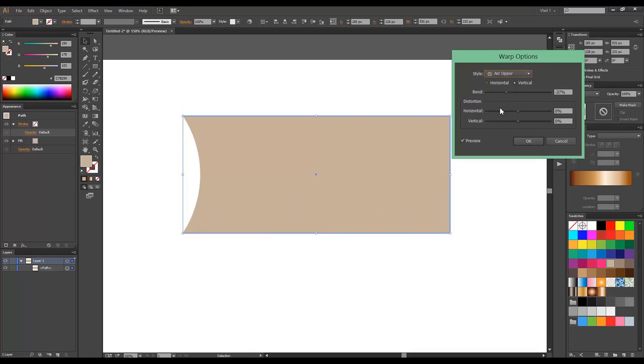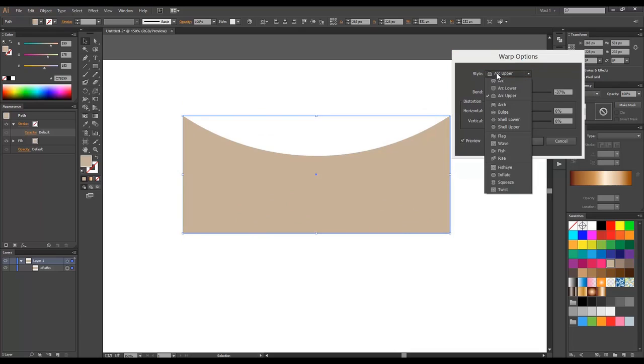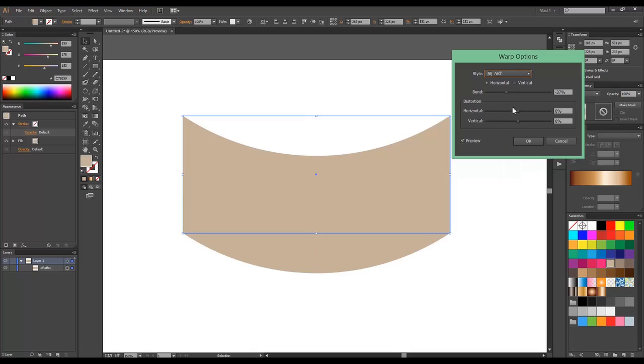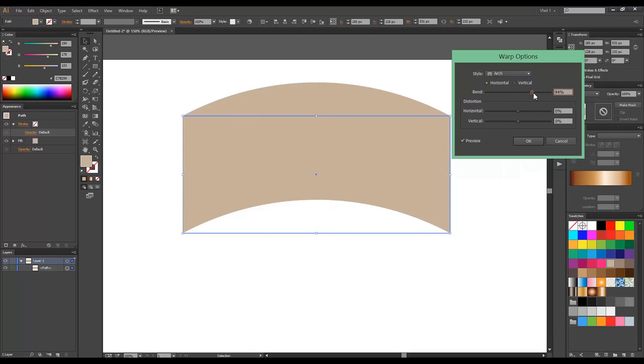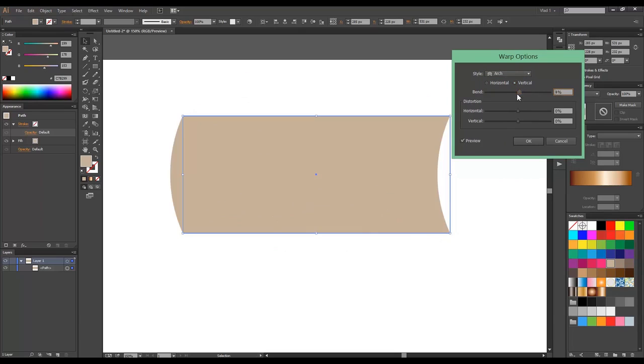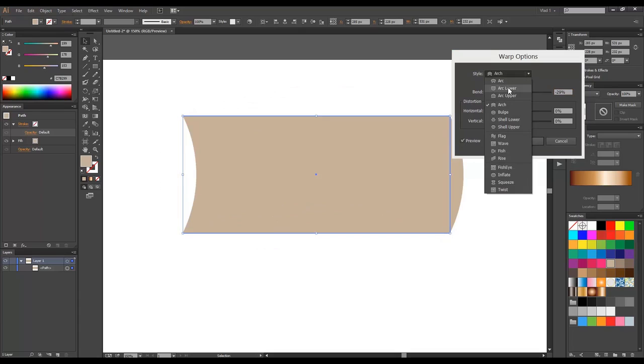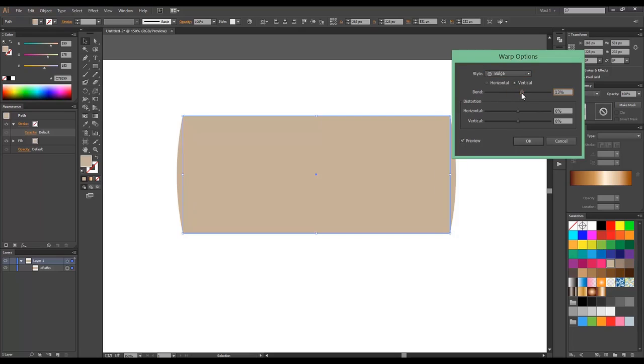The next one is arc upper, just the opposite. This one is called arch, so you can bend around. Same for vertical. Basically it's a combination of arc lower and upper. Then you have bulge,